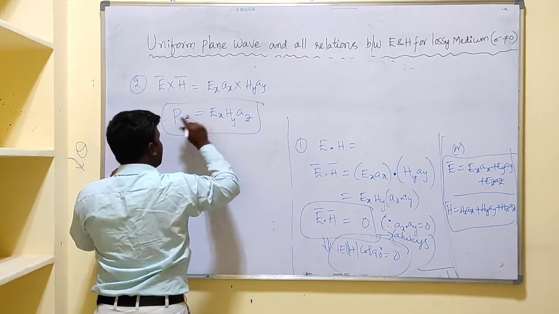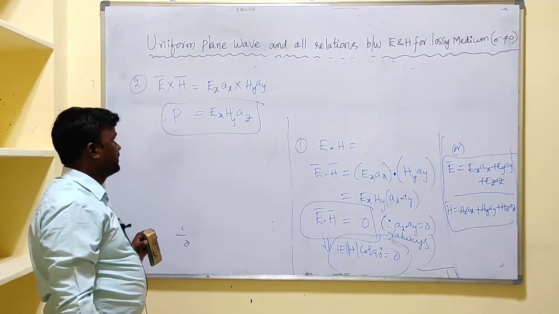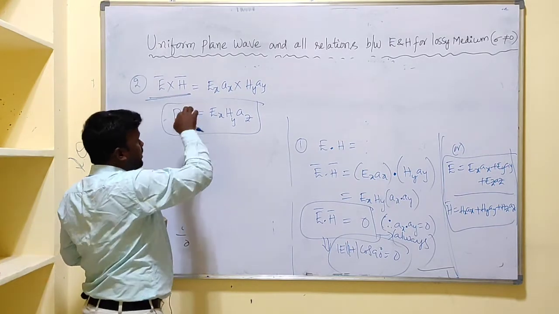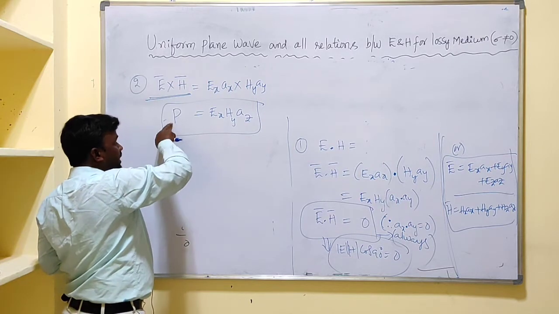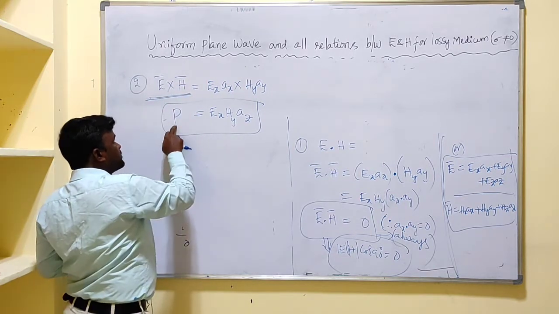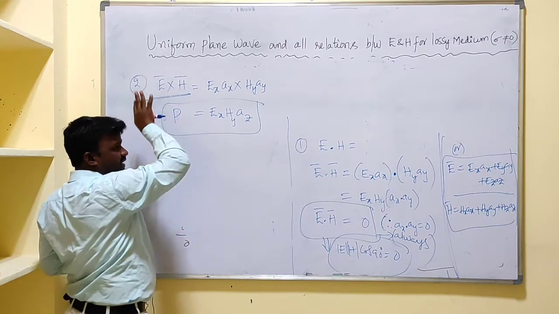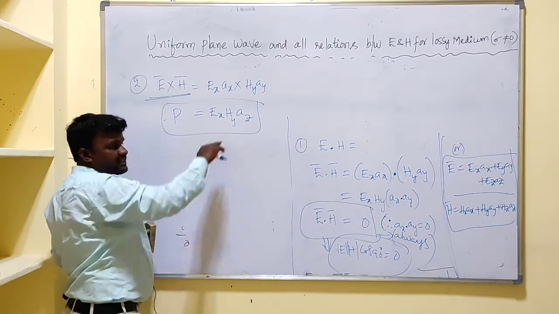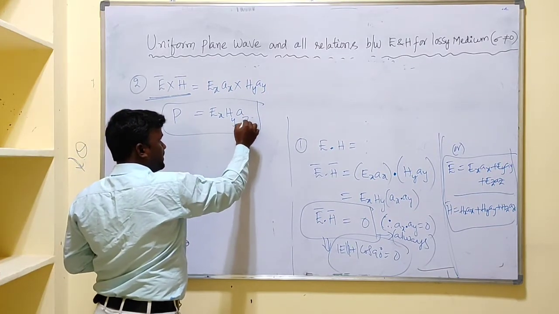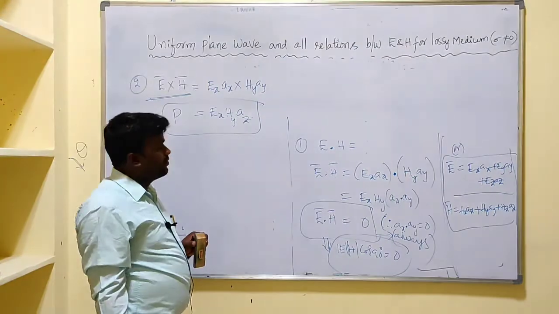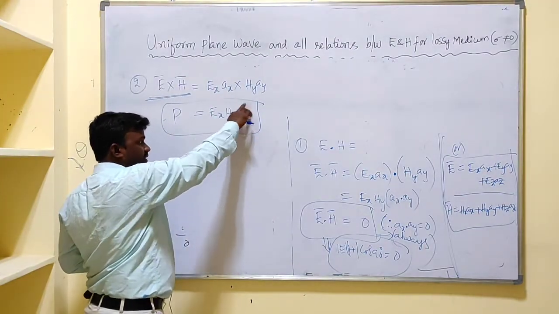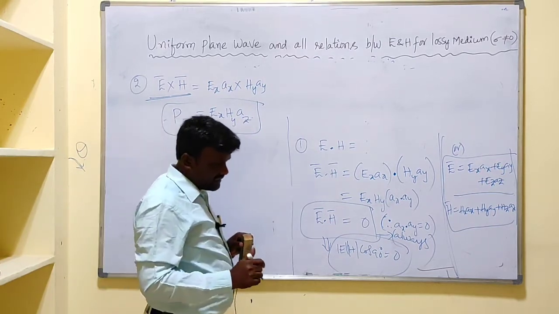We will discuss this Poynting vector later. The cross product of these two vectors is always perpendicular to both of them. So the Poynting vector is perpendicular to both E and H, or this P is perpendicular to the plane where you have E and H. Basically E and H are in the xy plane. The direction of P is perpendicular to that xy plane, that is Az. The unit vector Az is perpendicular to both Ax and Ay.